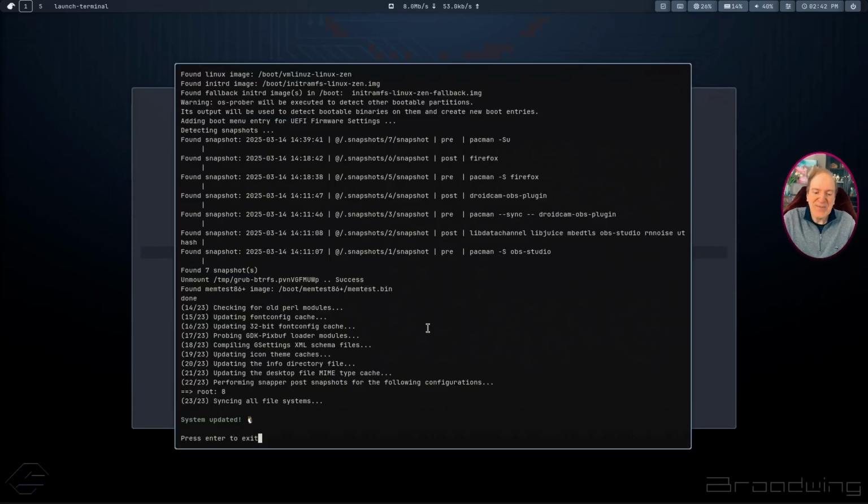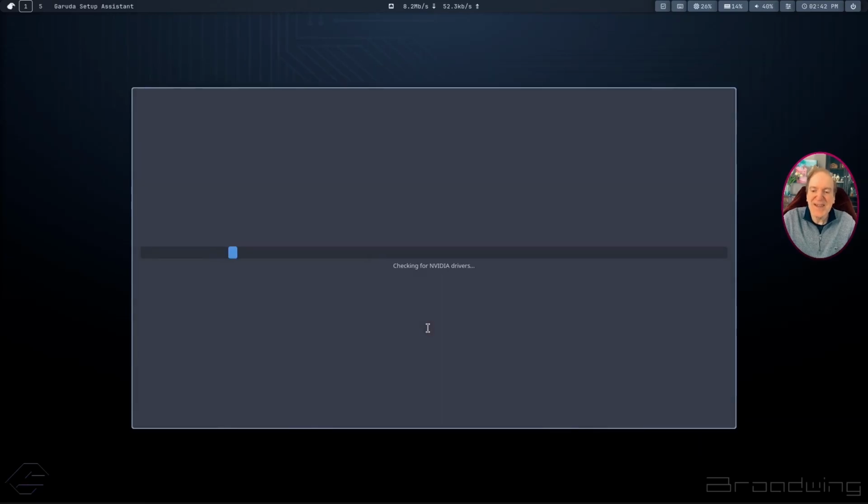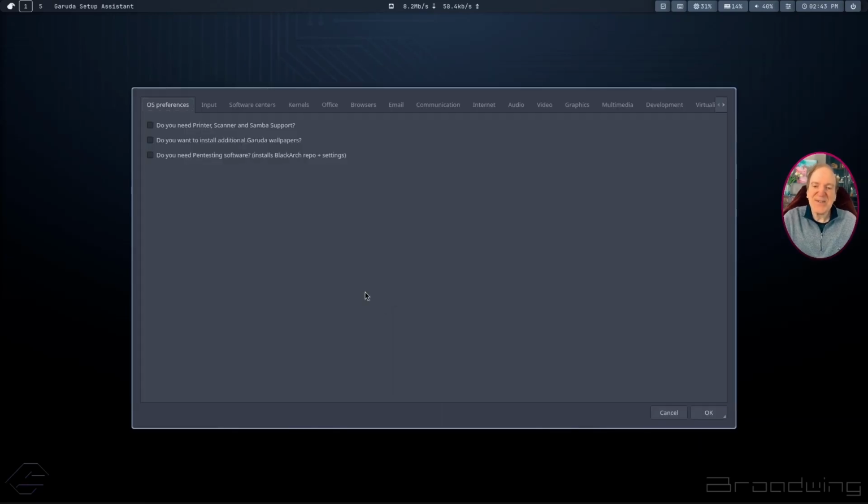Looks like our system updated too, so I'll just press enter and let that exit. So that's good. And now it's going to the next stage, checking for NVIDIA drivers, which I don't have a NVIDIA card on here. This is kind of what you get after you run the initial update. And here we got